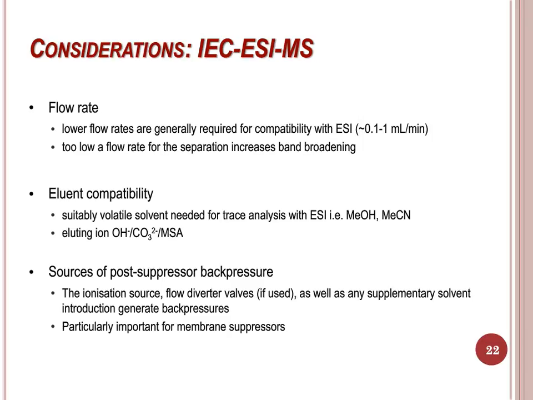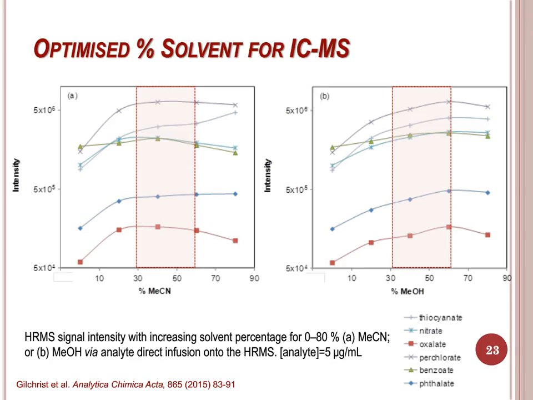The effect of organic eluent modification on the signal intensity of small anions has been studied using a range of concentrations of acetonitrile and methanol in ultra-pure water. A significant gain in intensity can be seen with a small modification of 20% acetonitrile. And for water methanol-based solvents, signal intensity increased steadily up to 60% and subsequently decreased. This shows that overall there is no obvious advantage in using high percentages of organic solvent, and similar maximum intensities were observed for both